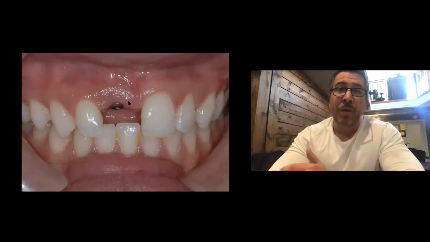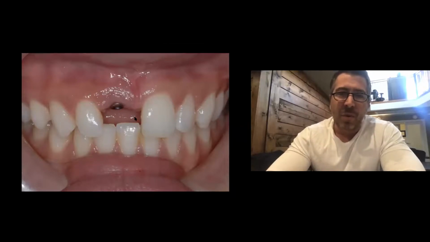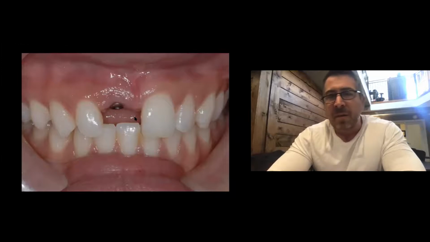So now I've got the reverse problem. She started out with a zenith too high. Now I have a zenith that's too low. But now I can use my prosthetic to shape that tissue and get it in the right position. Now here, as for the restorative doctors in-house, you take your impression, you send it to the lab and